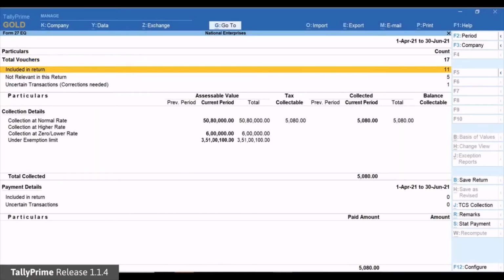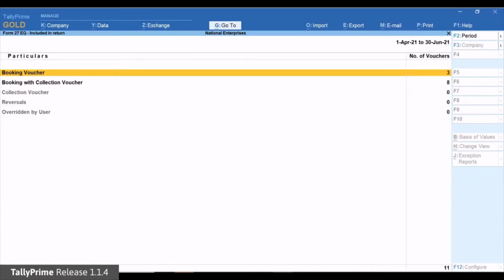If you drill down from the included in return row, you will find the different types of transactions that are included. The advanced receipt bucket is now removed. All TCS advanced receipts will henceforth be grouped either under booking voucher or booking with collection voucher.